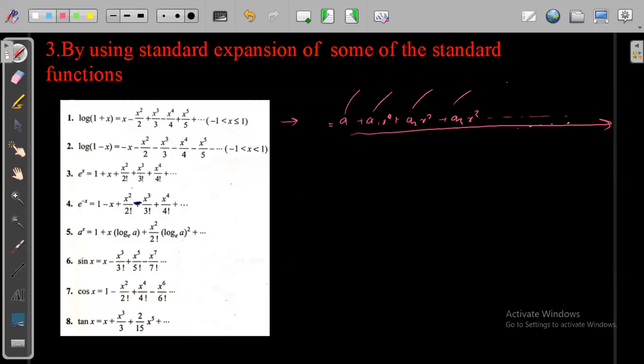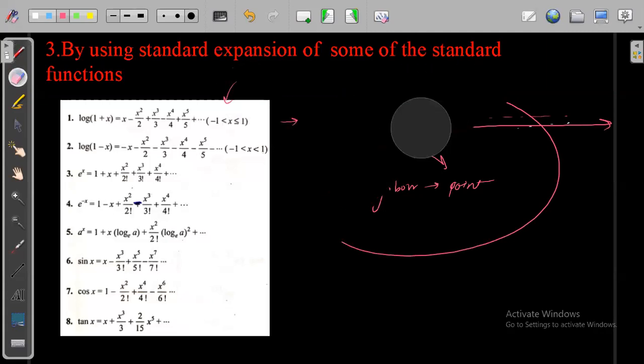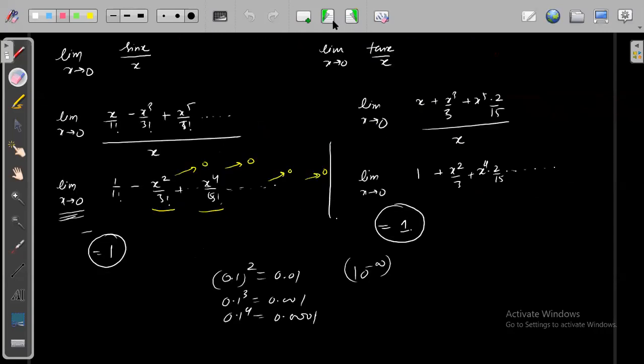if we are trying to find the limit. And also in a limit, if you remember, we are only talking about a neighborhood of a point, right? And this approximation is also an approximation around a point, so these two things go hand in hand a lot, right? Limit is also an approximation. We are only talking about around a point, so that's why we use these expansions to find the values of limits.